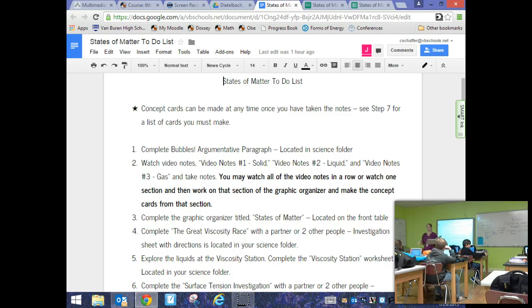Now, the support groups doesn't mean that that's who you might be doing your investigations with. Here is how the investigation groups, or who you do the lab with, work now. We'll start a list up here, and when you get to the step that says you need a partner or you need somebody to do that,